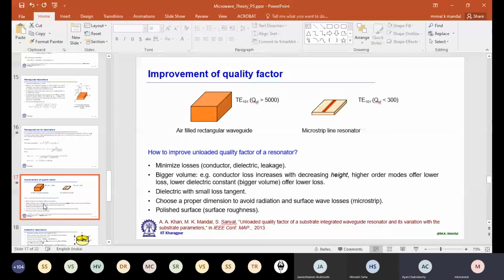In microstrip line, we also have radiation and surface wave losses, which are comparatively higher. Whereas in rectangular waveguide, we have conductor and dielectric losses only. And in most of the cases, that's why we use air filled rectangular waveguide, so you don't even have the dielectric loss. That is true. And another important point, usually in books you will see they don't mention, but that is also true.